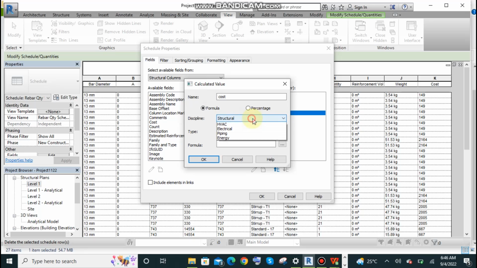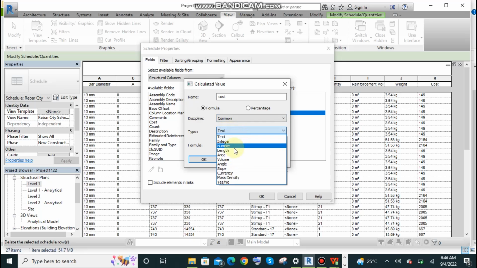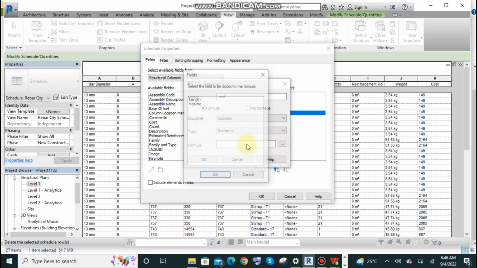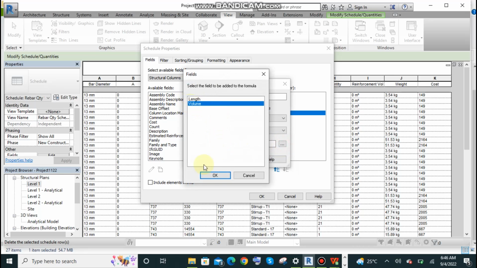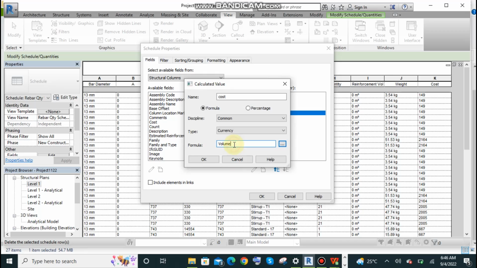Sorry, you have to click on common because we are not dealing with structural members. This is actually cost, so click on discipline as common. Now you have to choose here currency, click on generate a formula with volume. You can click on volume, add a volume, then multiply with rate of your quantity grade